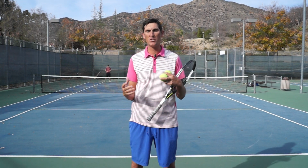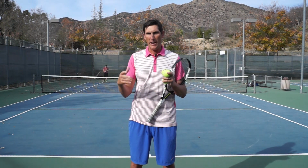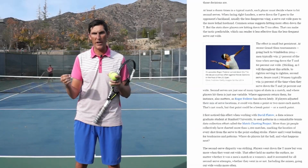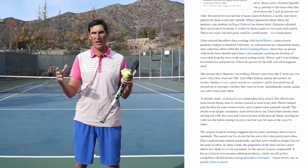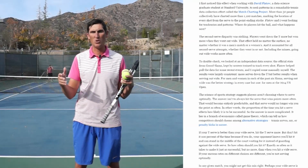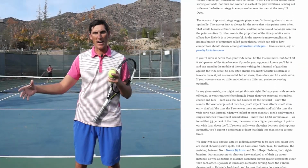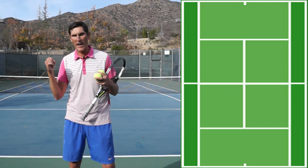Now, a couple of people up at Stanford University just did a study over the last 6 Grand Slams that have been played. And what they calculated was the percentage of points won on second serves in all the matches at all the Grand Slams since the summer of 2014. That's over 1,000 matches for the men and 1,000 matches for the women. And the numbers they found were that